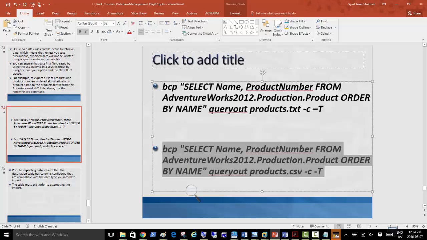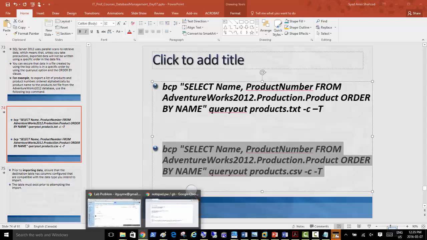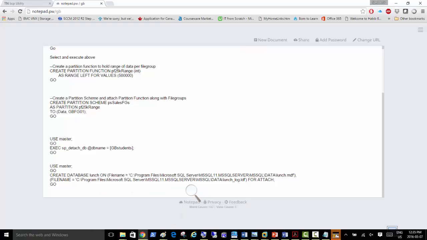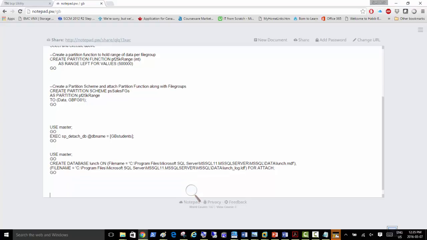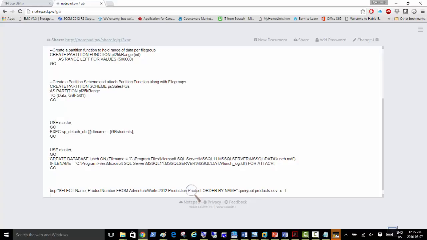Do not run it inside the SQL Server query area. Run it on your command prompt. I'm just copying this now on notepad.pw. Please get it from there and let me know whether it ran correctly for you or not. It's on notepad.pw, BCP.